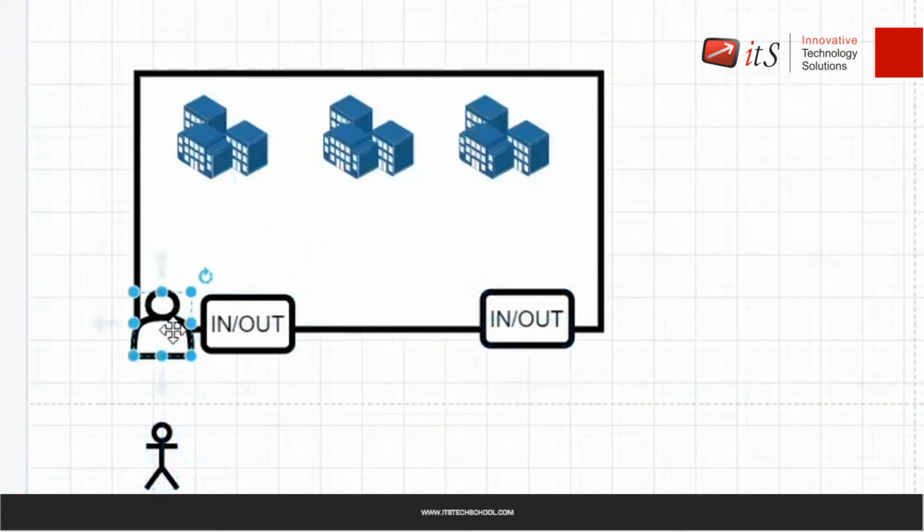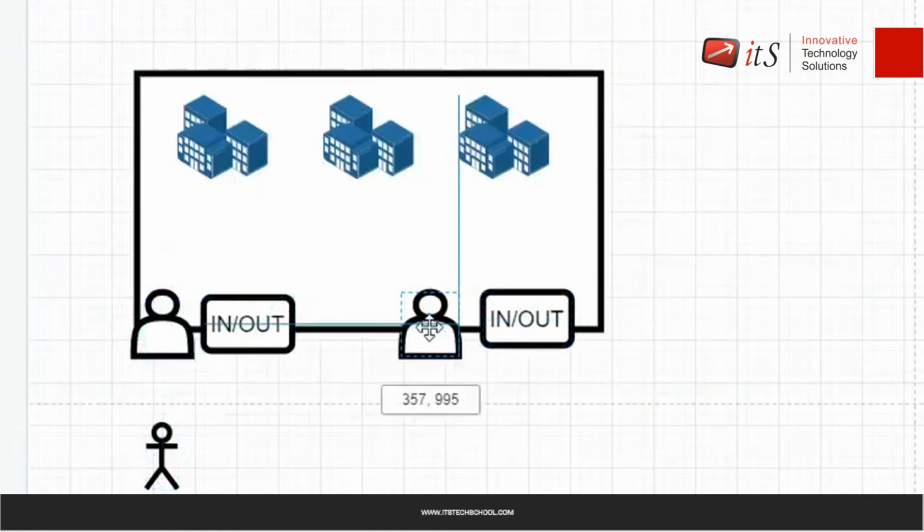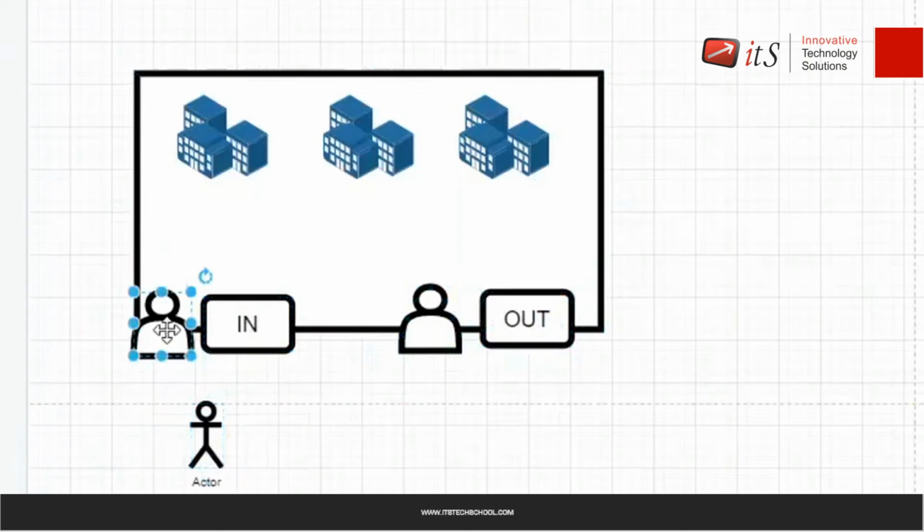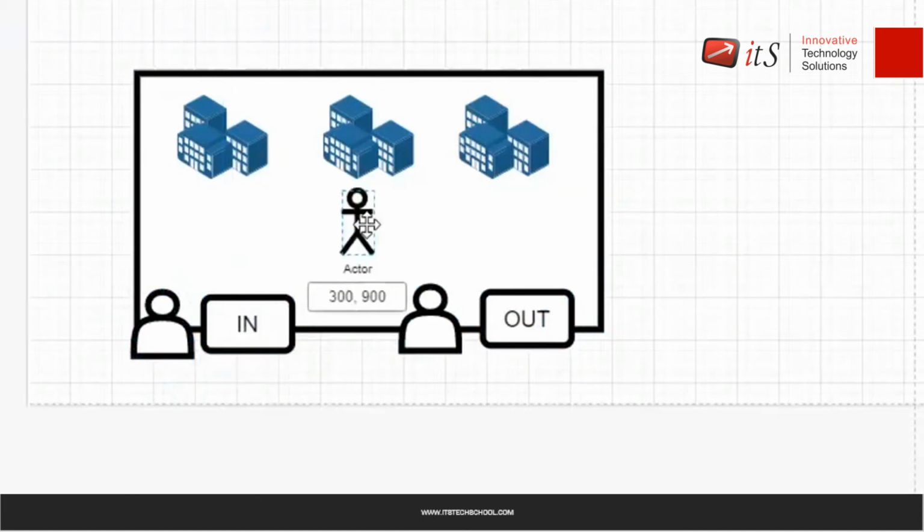And let's assume we have 2 gates now. We don't have 1 gate, we have 2 gates. One is for in and one is for out. One is the in gate, one is the out gate, right? Now we have 2 different watchmen. So whenever the security maintenance guy comes here, he asks this watchman to let him in. The watchman checks all the stuff, checks the authorities and grants permission to go inside. So the security maintenance guy comes inside the building.